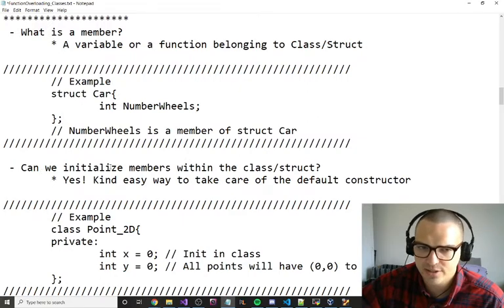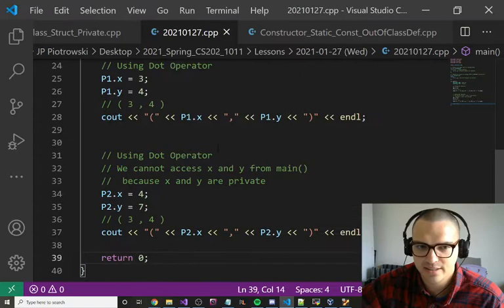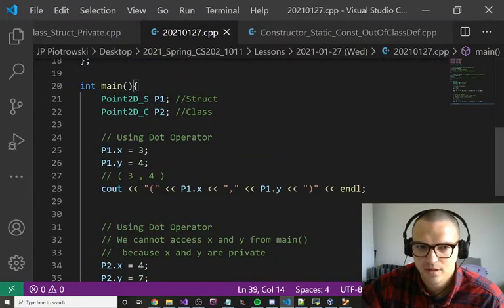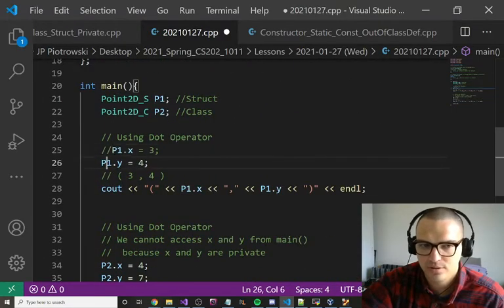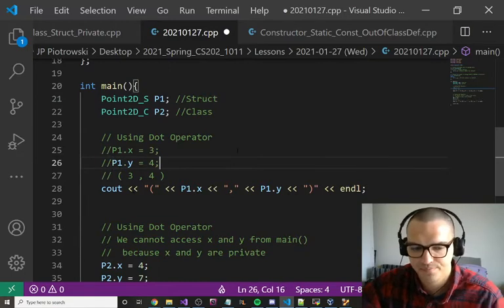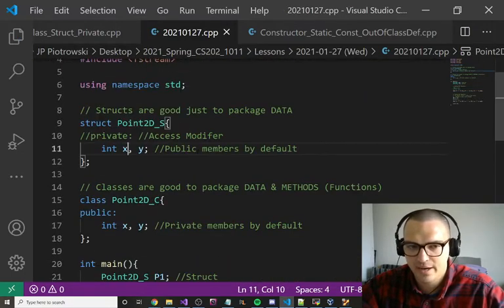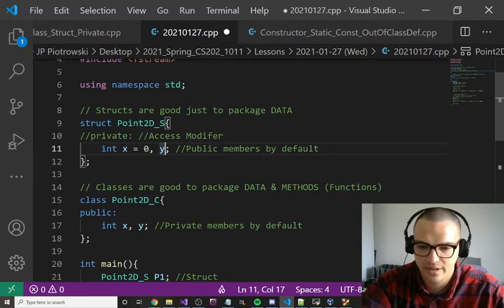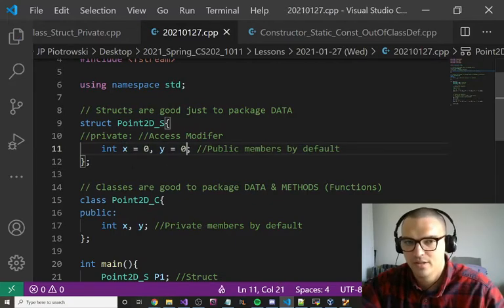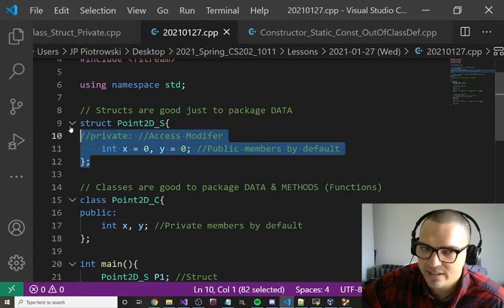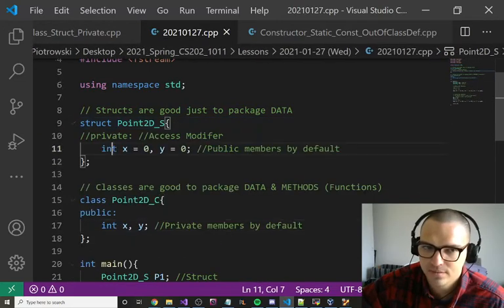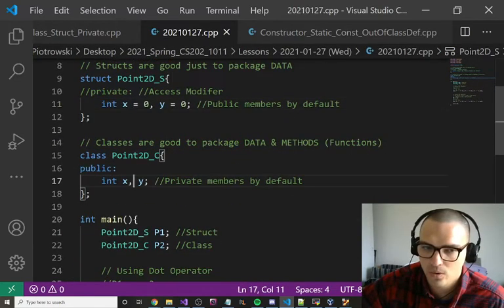Now I say, can we initialize members within the class or struct? Yes, let's go ahead and look at an example of that. Let's assume that I don't set these values here. In fact, I can just come up here and say something like x is equal to 0, y is equal to 0. And so now whenever we declare a point of a struct or of a class,